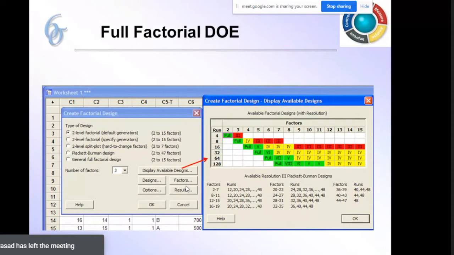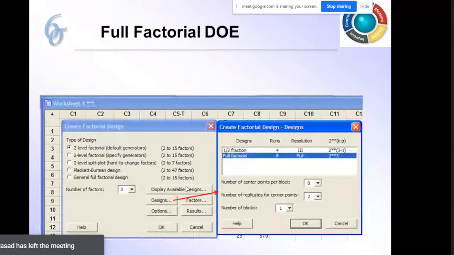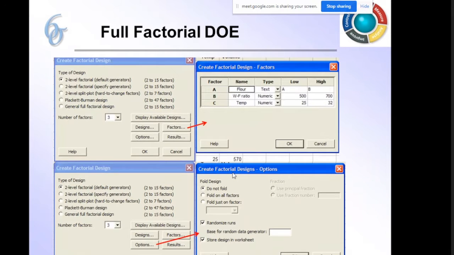And then we have to go for the replicates. So 2 replicates in the full factorial design of experiment. In this example, we had the factors as the flour, water to flour,